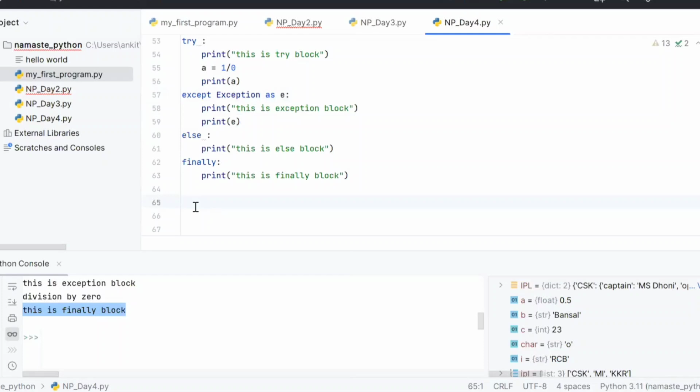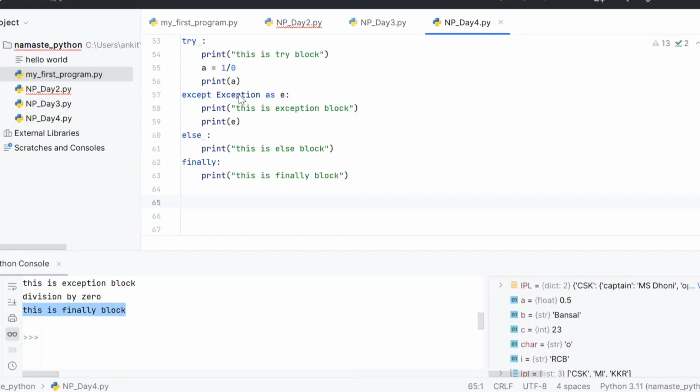Ankit, what is the difference between error and exception? It is the same thing. We are catching the exception or error here. Error and exception are the same thing. When an error gets handled, it is called an exception. Yeah. Okay. You can say that.